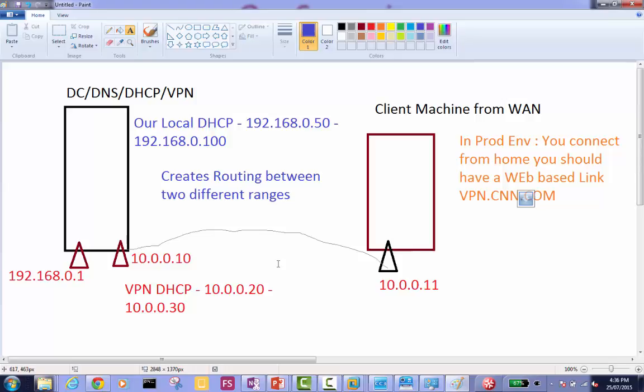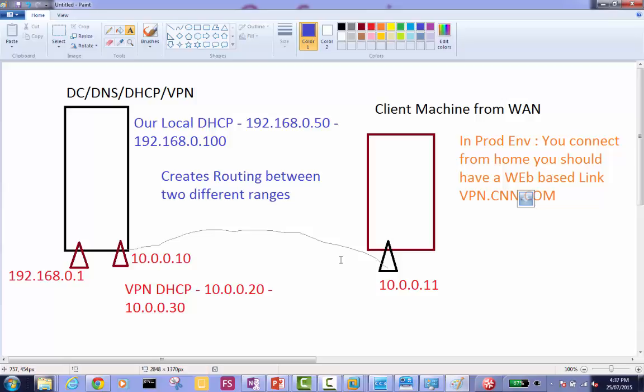When you connect from home to your network, you have a totally different range. But when you connect to a VPN server in a company, after you're authenticated, you can use all the resources of the company, all file servers, anything you want to use, because VPN has authenticated you. And you're coming from a totally different range. According to the permissions that the user has, exactly.